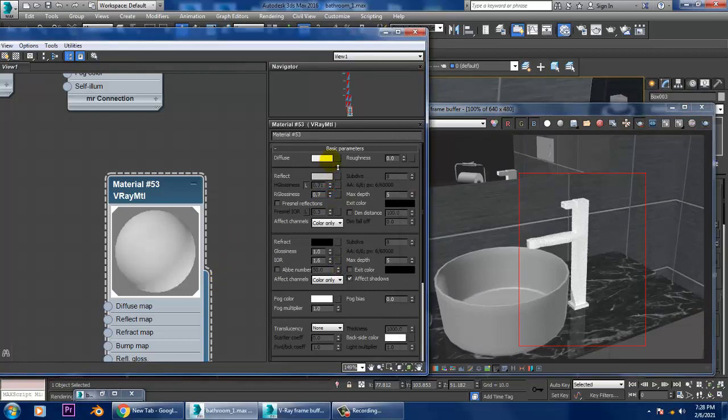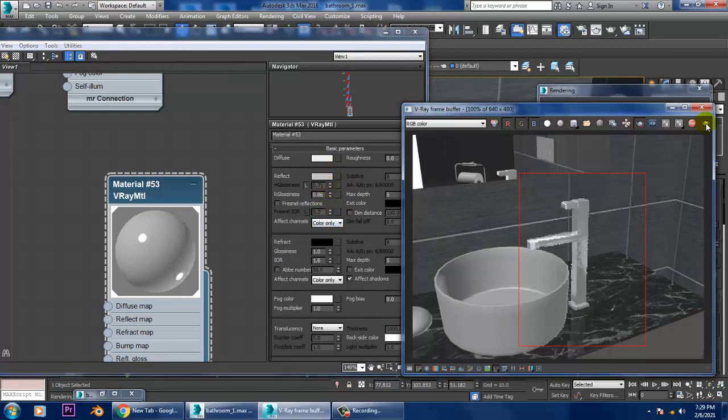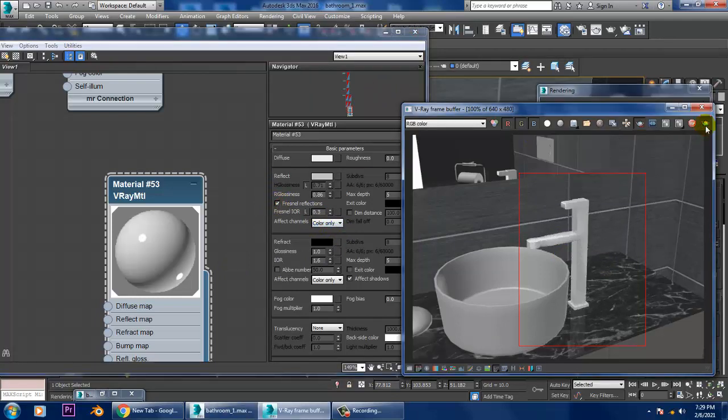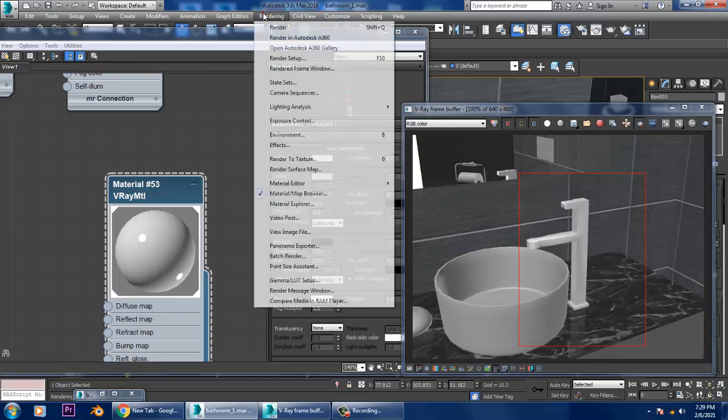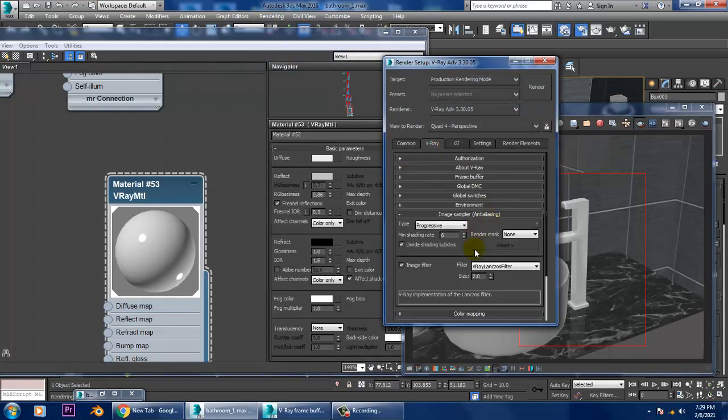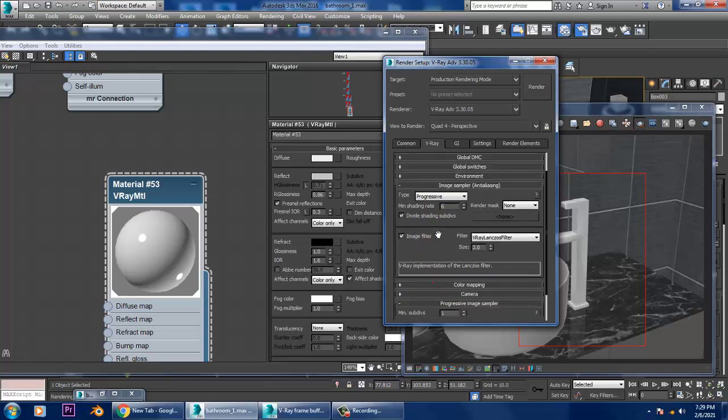So let's slightly, now let's see this. Okay, more reflectiveness. So if you activate this Fresnel reflections, definitely I've not set a few of the things, so a few things are required which we will definitely be doing.